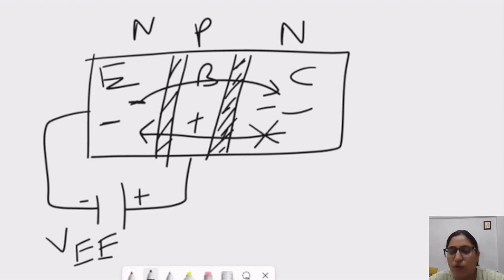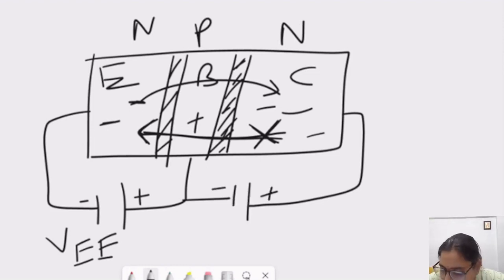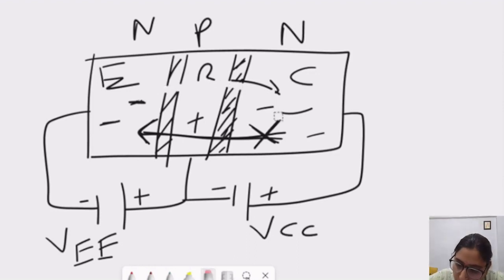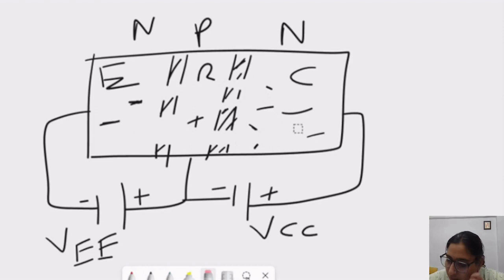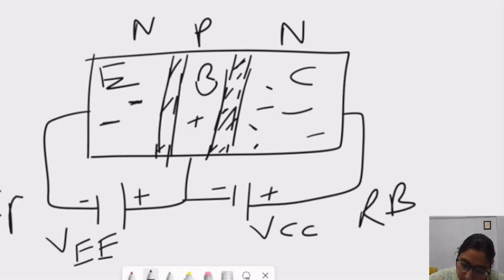So this condition we will not follow. For this we will connect the collector in reverse bias towards the base, so that this condition will not happen. So collector charge will not move towards the emitter. Okay, so in reverse bias what will happen? Negative connected to positive, similarly positive connected to negative, and this battery is considered as VCC, which is the biasing battery for the collector region. So this is the basic understanding of why we connect the base-collector junction in reverse bias, and the emitter-base junction in forward bias. This is our reverse biasing and this is our forward biasing.